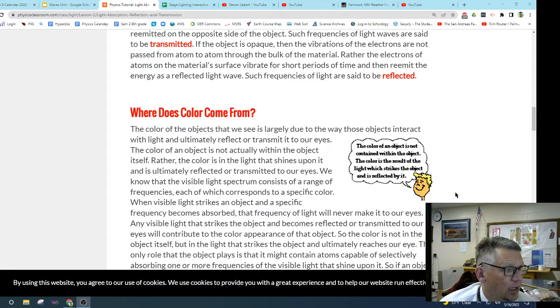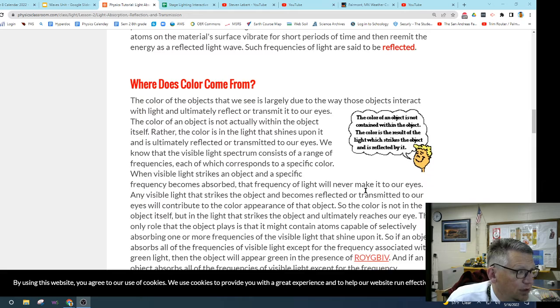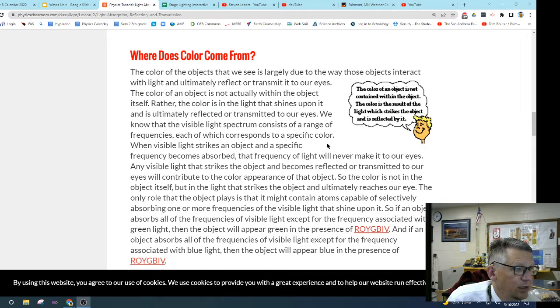The color of an object is not actually within the object itself, but rather in the color of the light that shines upon it and is ultimately reflected or transmitted to your eyes. We know that the visible light spectrum consists of a range of frequencies, each of which corresponds to a specific color. When visible light strikes an object and a specific frequency becomes absorbed,